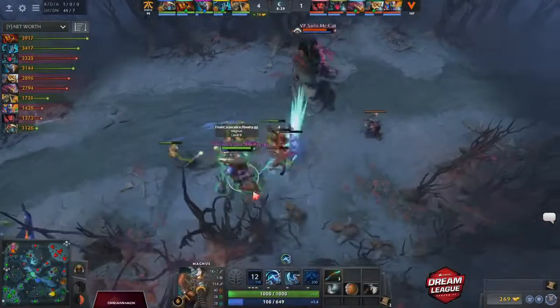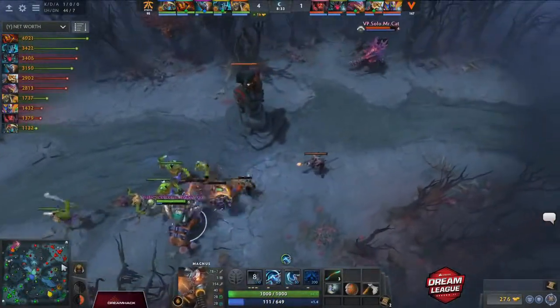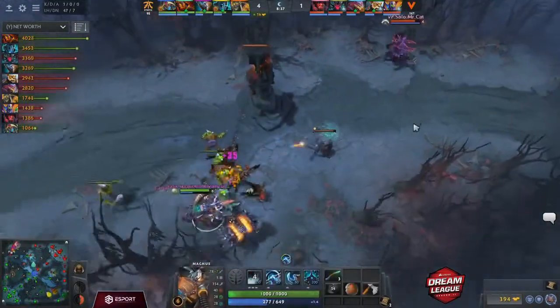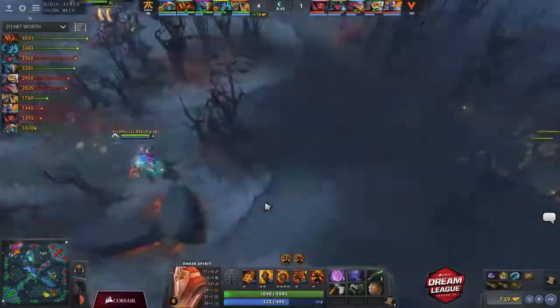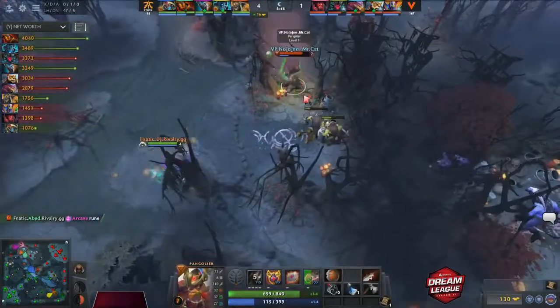We see this rotation towards the top lane. They do have a ward, though, spotting out the Shadow Shaman. So Solo is playing pretty safe. He's just going to back himself a little bit further into these trees, stay under the protection of his own tower. Yeah, he's basically just going to try and defend it a bit longer. There is a rotation from the Shadow Shaman on top, so he has to be a bit careful, but...